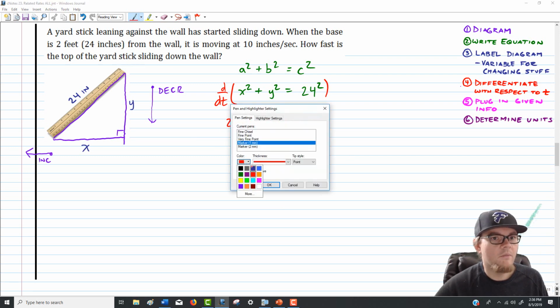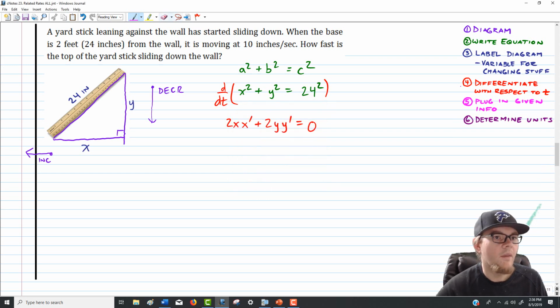So given this information, we've got to now... Oh, shoot, I've labeled something wrong, haven't I? Geez, why didn't you tell me? You should have warned me here. This length isn't actually 24, is it? It's a yardstick. A yardstick is 36 inches. I misread my own problem. My bad. So from here, though, if we know that's 36, we know that the base is 24 inches from